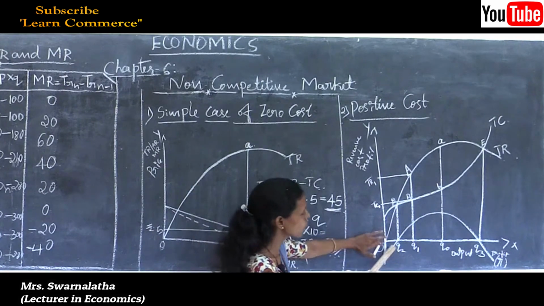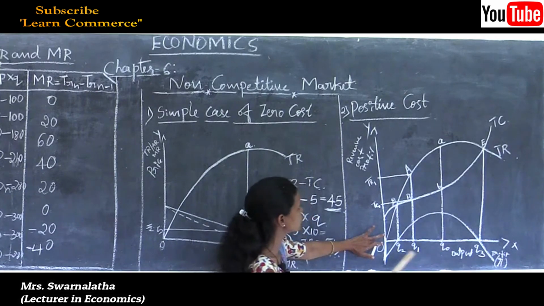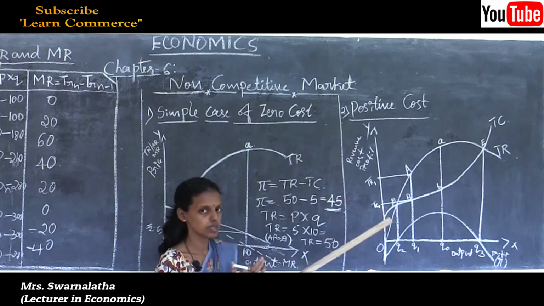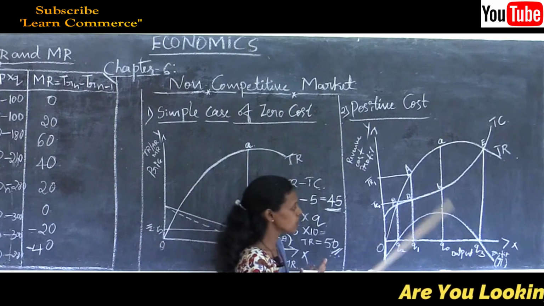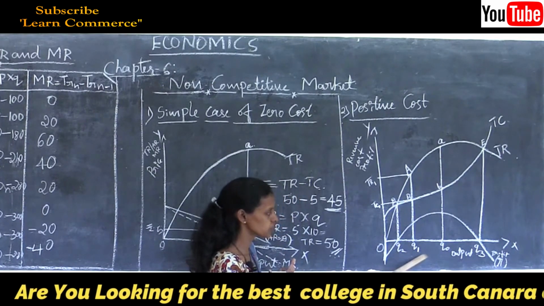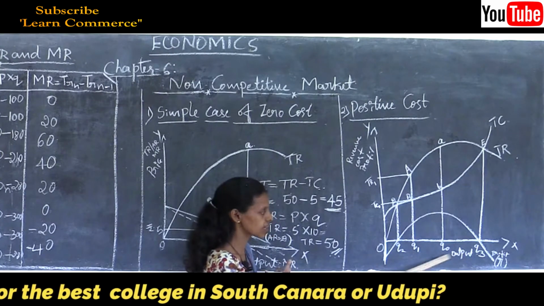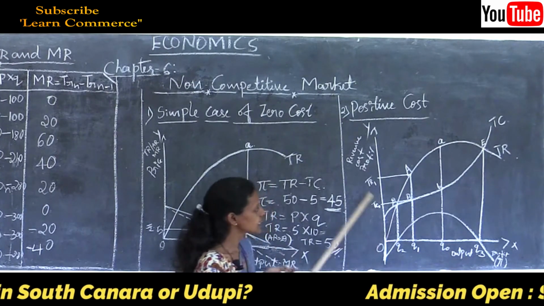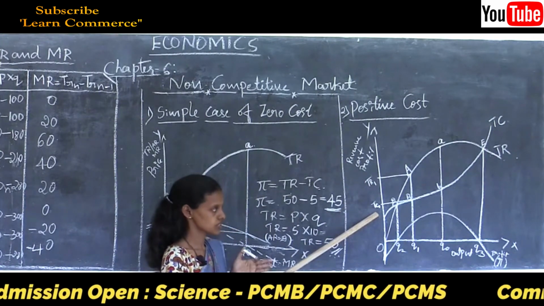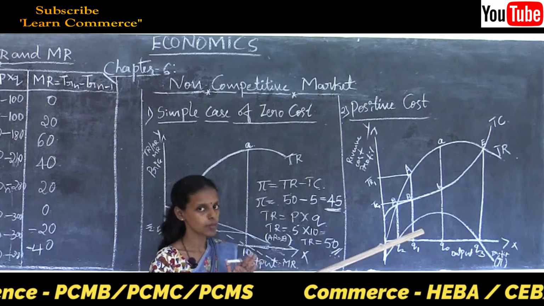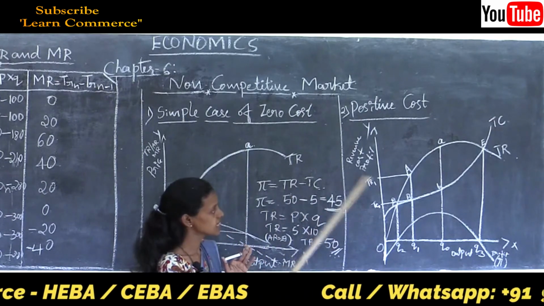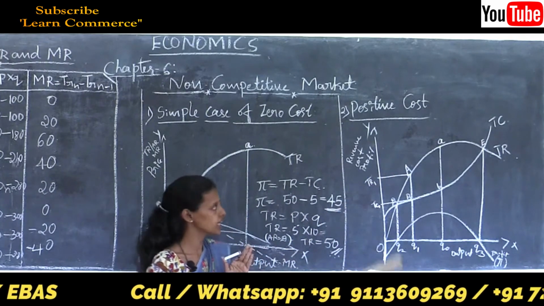See here, the OX axis represents output and the OY axis represents revenue, cost or profit of a monopoly firm. All the lines you can see here, whatever the Q1, Q2, Q3, Q0 is there, everything is a quantity produced or output sold. TR1 is total revenue, TC1 is total cost. As we know, profit is denoted by pi is equal to TR1 minus TC1. TR minus TC is the profit of a monopoly firm.